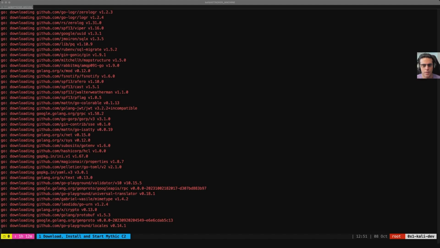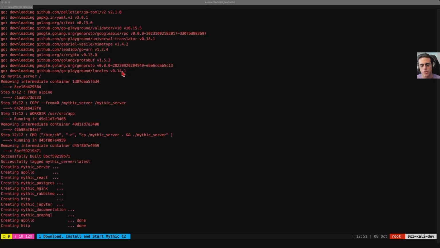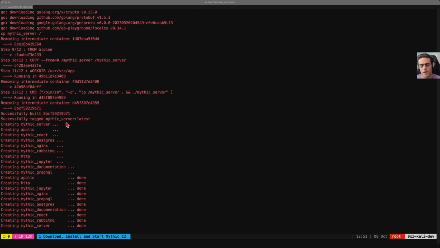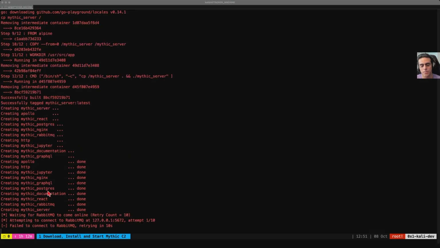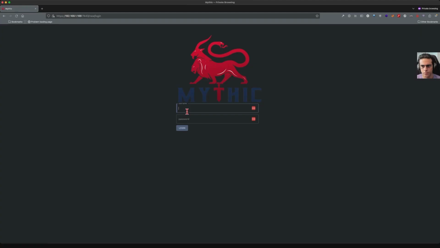From the build process, what you're seeing on the output is Mythic downloading several dependencies and upstream repositories that are necessary, seem to be in the Go language, for the components in Mythic server to start and generate our payloads, which we'll see in just a moment. After all that is done, Mythic starts creating the different containers because it is a Docker Compose project, and we have the password that we'll use for the web console. So if we move to that web console,